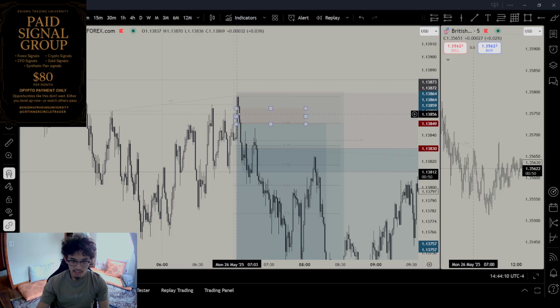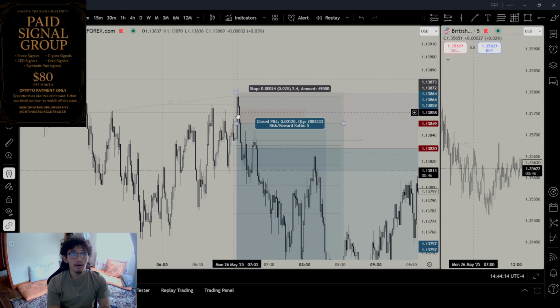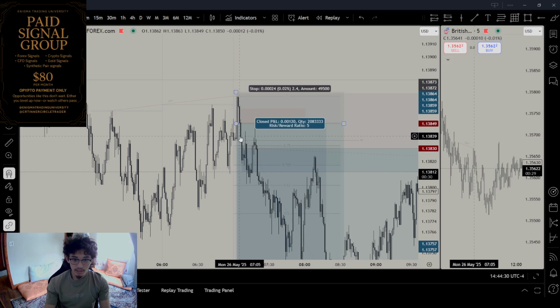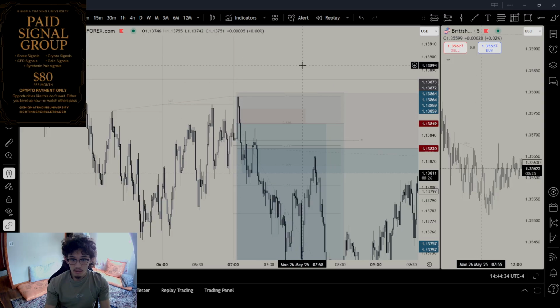I just look, okay, this is a bullish key level. I'm looking for this bullish key level to get inverted, but I'm not looking for it to get closed and retested. All I'm looking for is, okay, this is my point of interest. We first aggressively tap the key level. We first consolidate. The next thing we're looking for is an aggressive move in our direction. As I'm bearish, this candle is an aggressive move down in our direction, and we're looking for an aggressive movement from our entry.